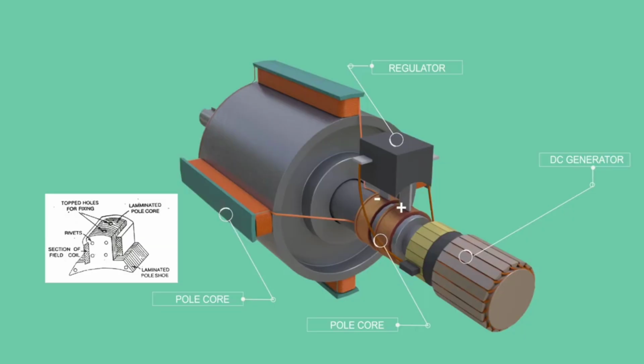With variation of load on the generator, terminal output voltage will vary. It is desired to keep the terminal voltage within a specified limit. Automatic voltage regulator helps in achieving this. Voltage regulation can be easily achieved by controlling the field current. If terminal voltage is below the desired limit, regulator increases the field current. This will result